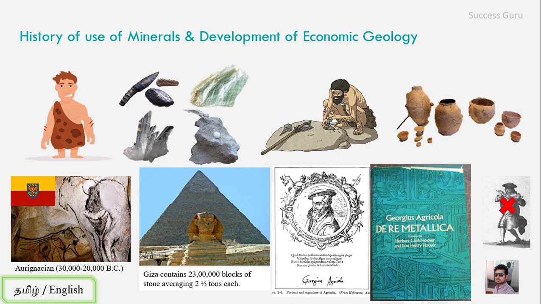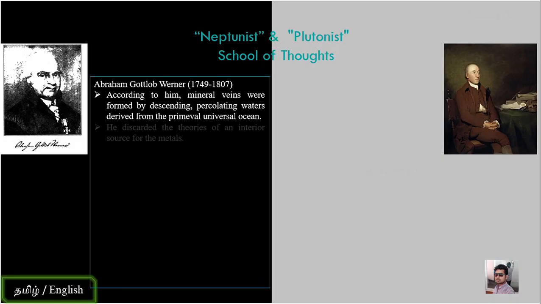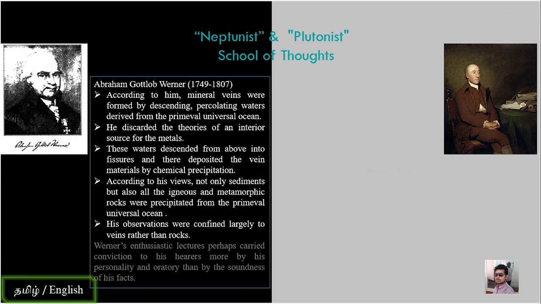advances in scientific thought, and that influenced greatly the thoughts of later writers. So he is considered to be the oldest person who explained the origin of mineral deposits in terms of groundwater and other water that moves on the crust, right? And not by direct magmatic activities, okay? So there are actually two schools of thought which I want to show you in the history of development of economic geology.